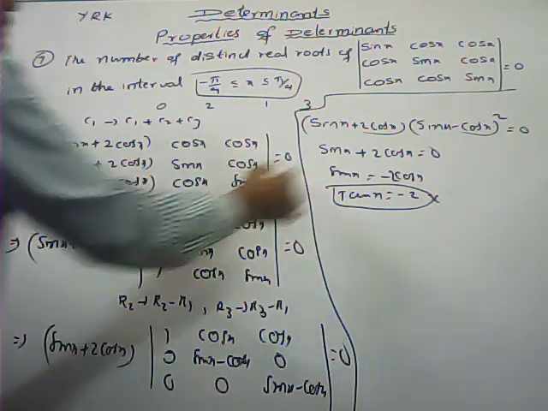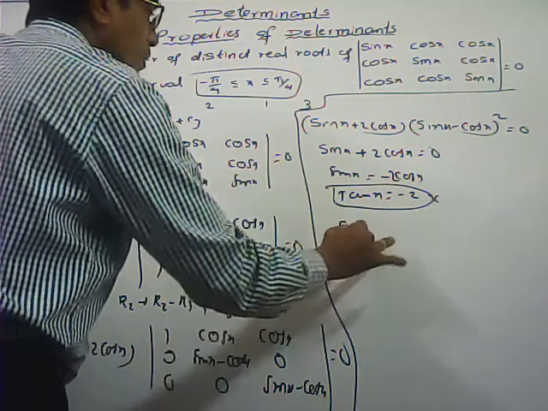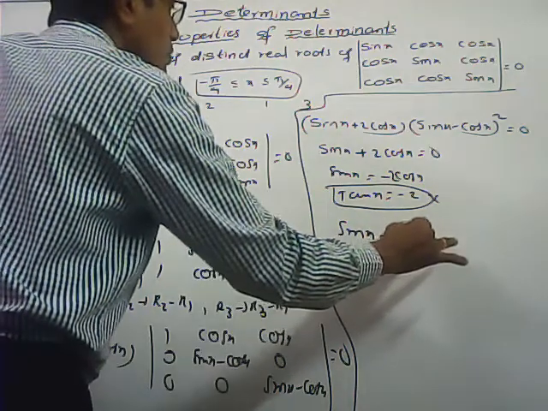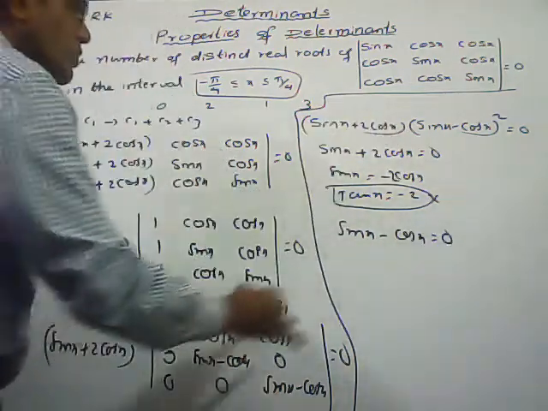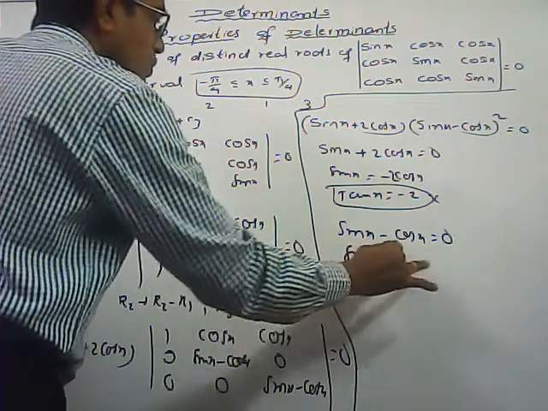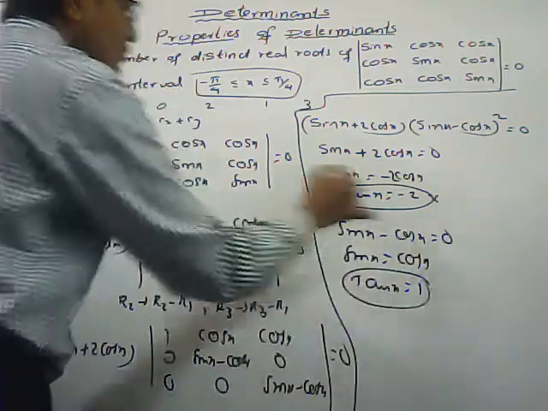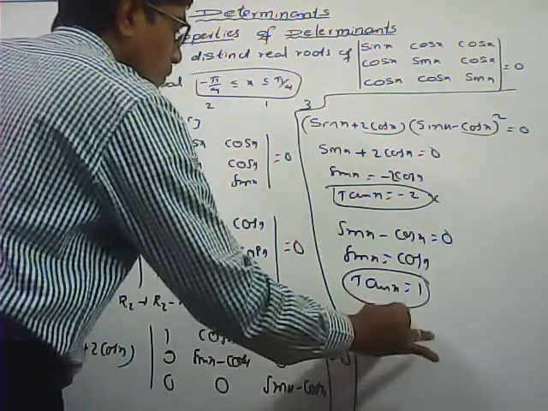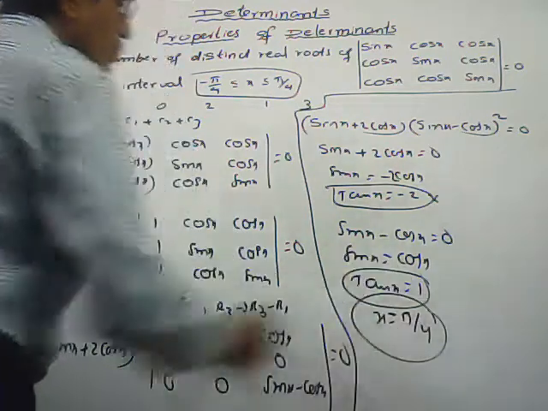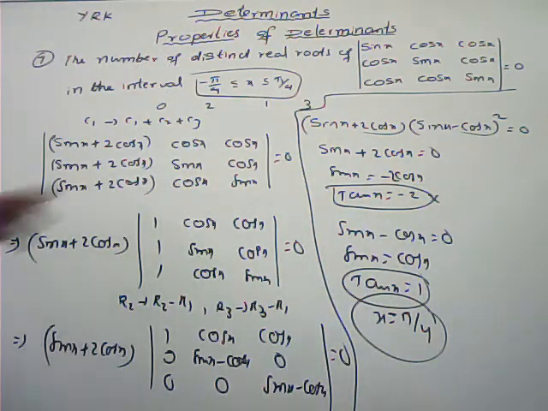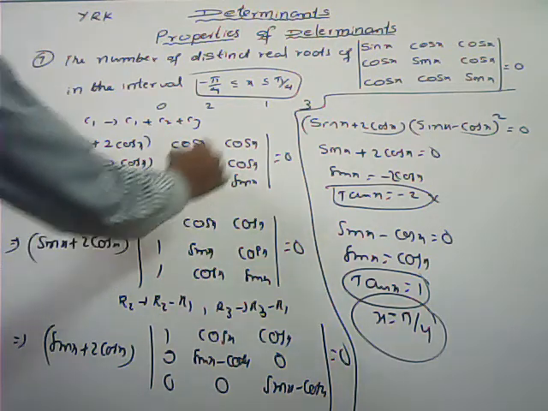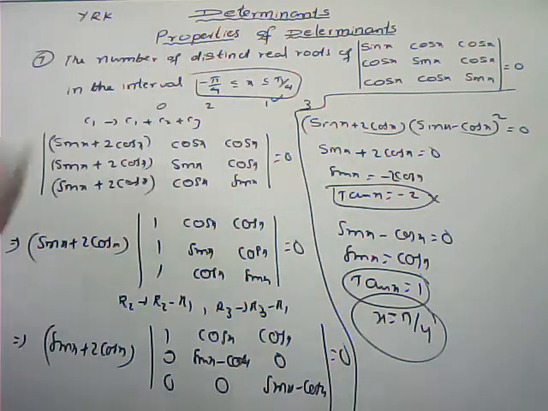Now one more is there, sin x minus cos x whole square equals 0 means sin x minus cos x should be equal to 0. Sin x equals cos x, and dividing by cos x, tan x equals 1. Tan x equals 1 means x equals pi by 4. Here only one value satisfied. In between minus pi by 4 to pi by 4, and here both the boundaries are also included, only x equals pi by 4 satisfied. So here only one solution is there in that interval.